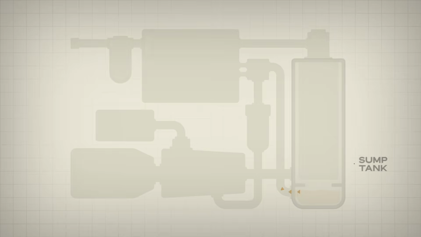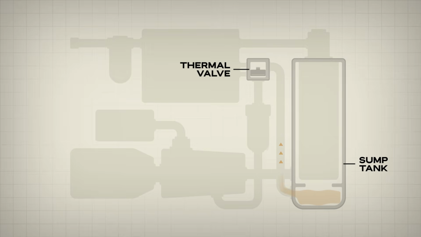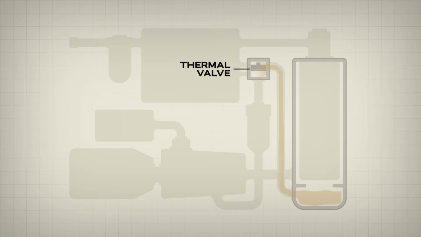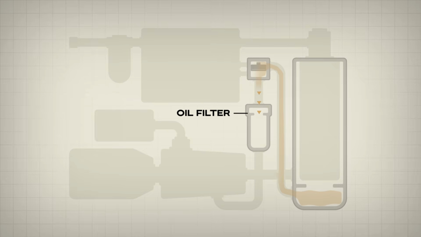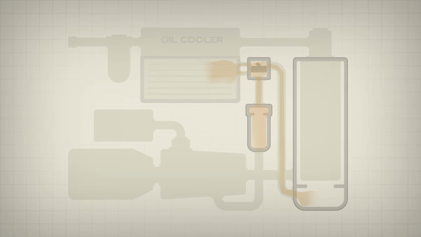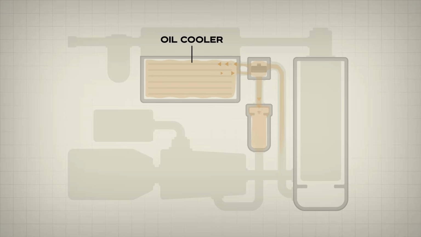Oil flows from the sump tank to the thermal valve. During startup, the oil is cool, so the thermal valve remains in the bypass position, sending oil directly to the oil filter. As the oil warms toward operating temperature, the valve begins to close the bypass and gradually opens the path to the oil cooler, allowing a portion of the oil to be cooled while the rest continues to the